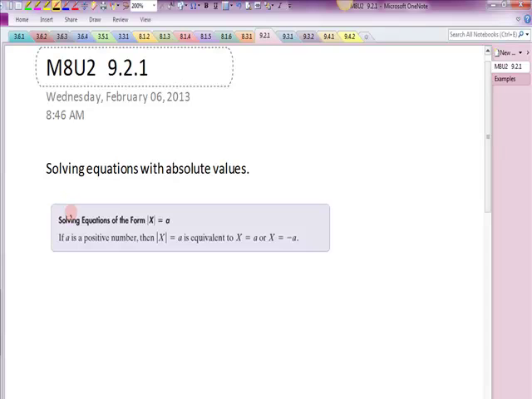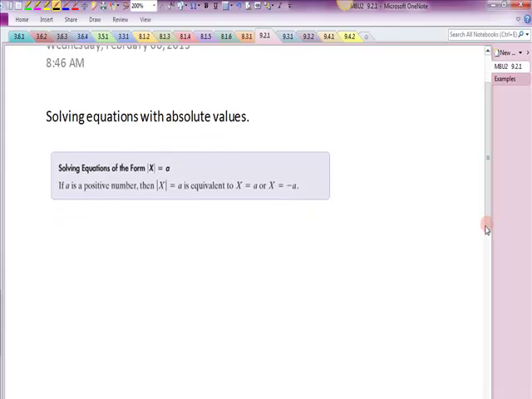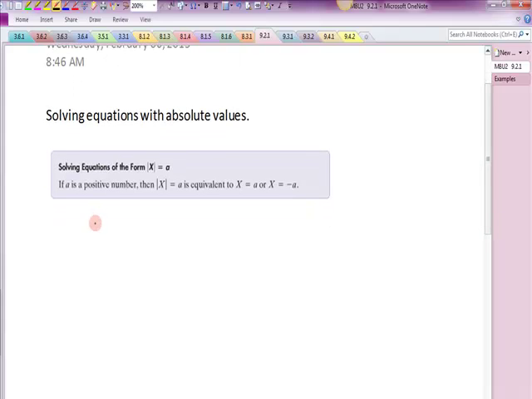All right, solving an equation in the form absolute value of anything involving x is equal to a constant a. If a is positive, then the absolute value of x equal to a is either x is equal to a or x is equal to negative a. Let me see if I can explain that a little bit, and then we'll look at how we use this concept to solve equations. If I have the absolute value of x is equal to 2,